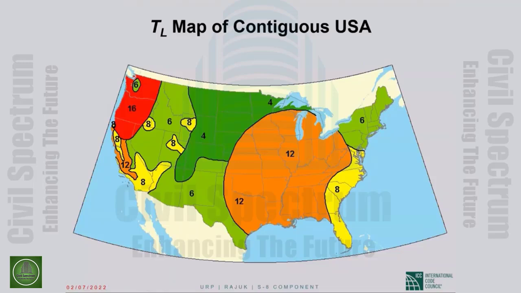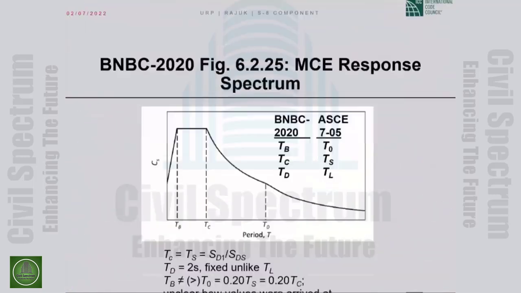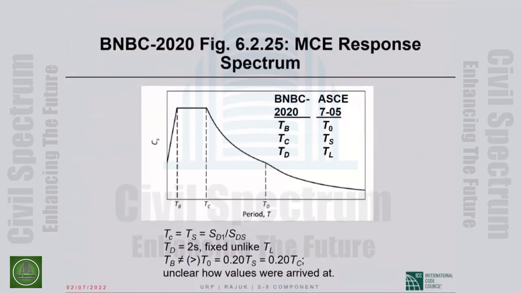So anyway, in Bangladesh, this complication doesn't arise. The T sub D, which takes the place of T sub L, has a fixed value of 2.0 seconds for all of Bangladesh. Okay, so we come back to the